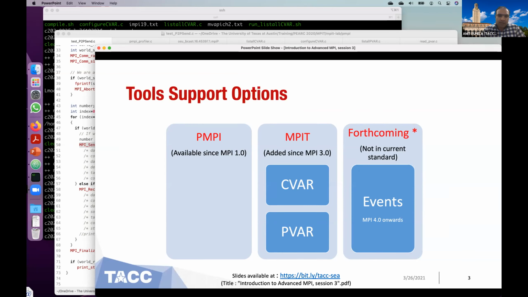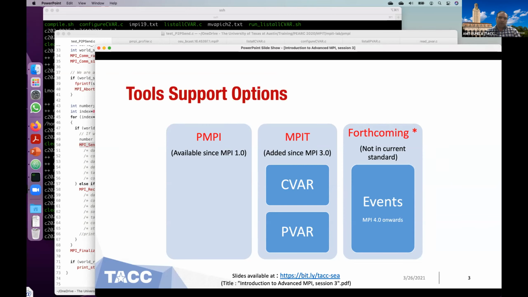The MPI standard has also provided MPI-T, the MPI tools interface. It was added in the 3.0 standard, somewhere in September 2012, and it provides two kinds of interface. One is CVARs, which are control variables, and the second is PVARs, performance variables.